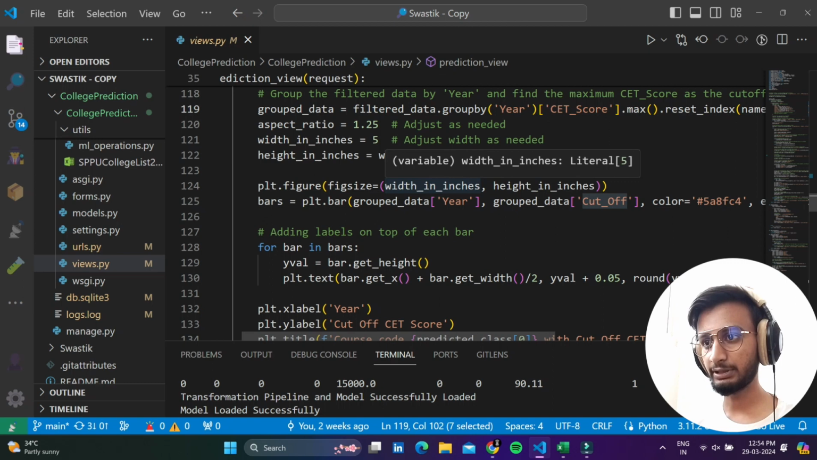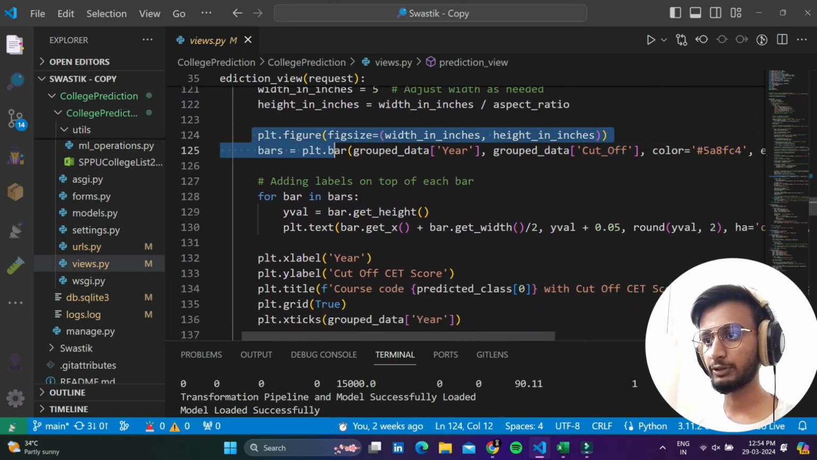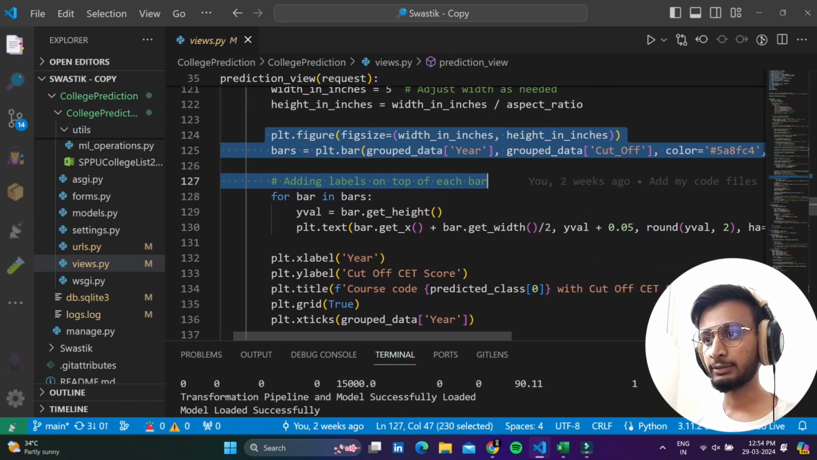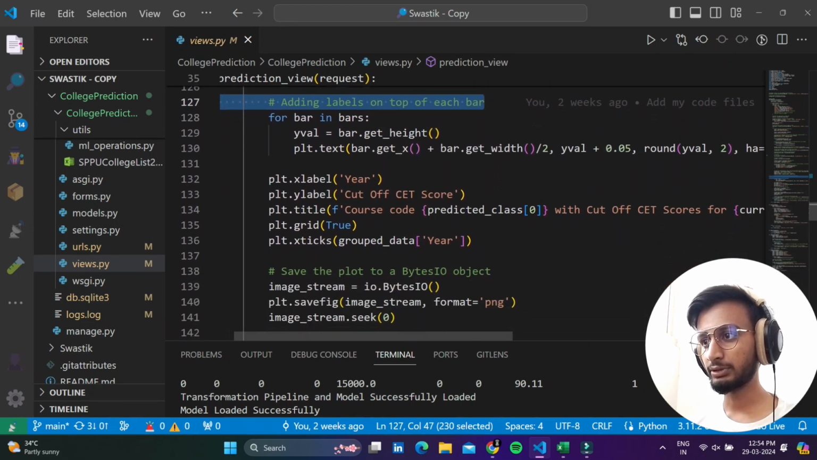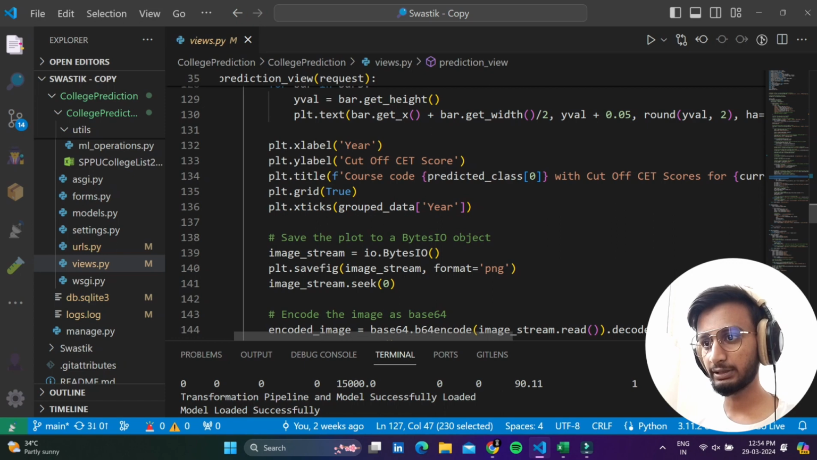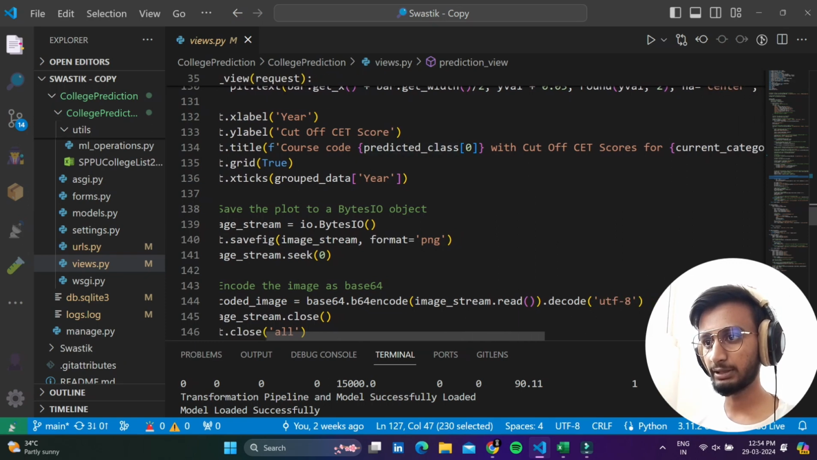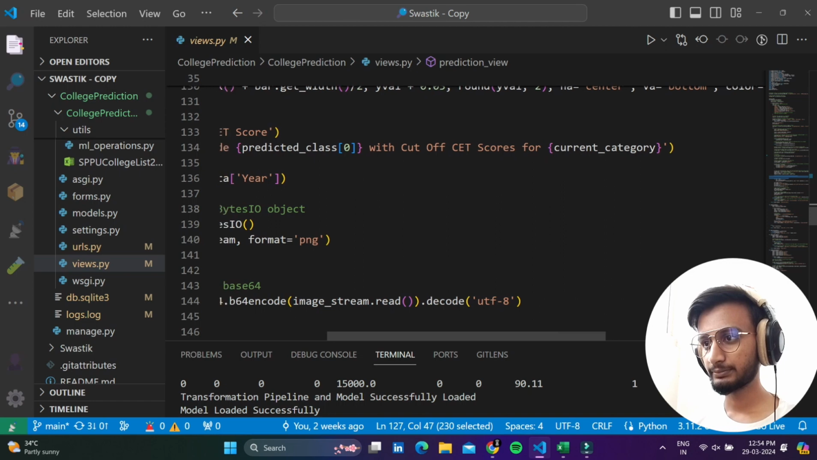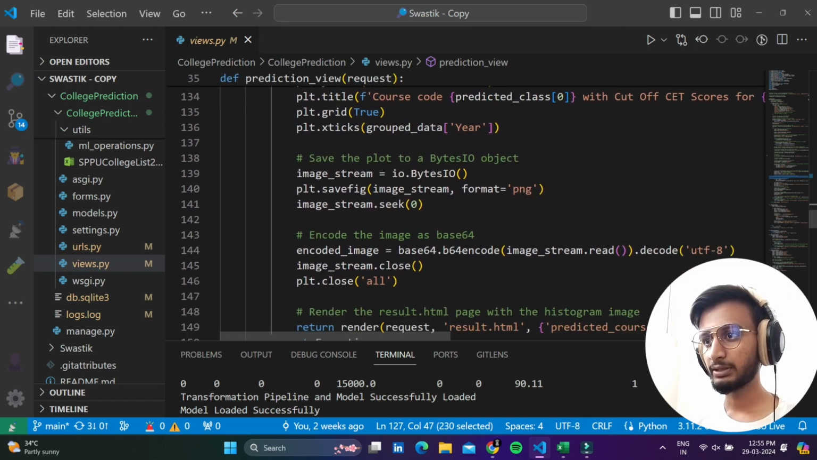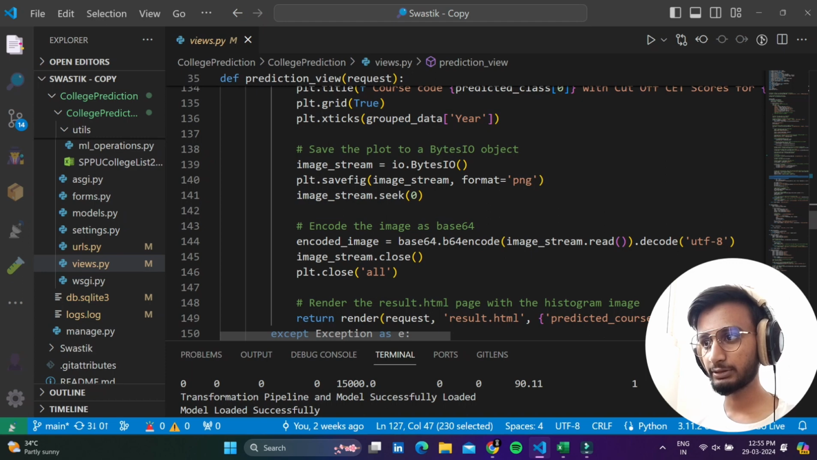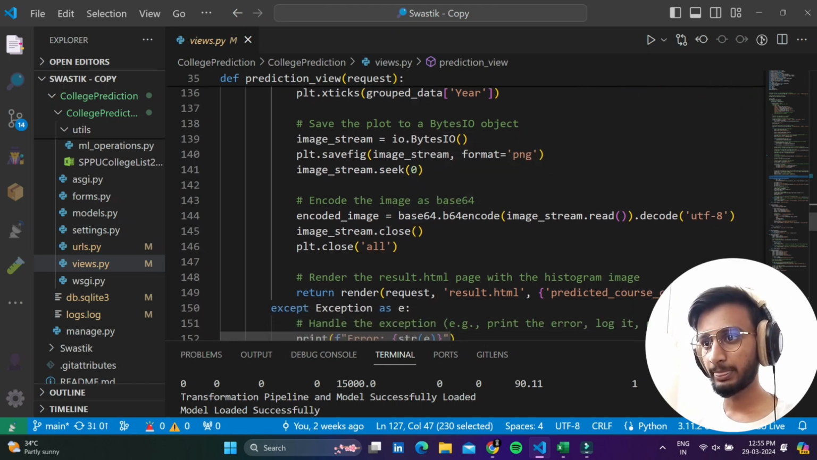Here we set the plt.xlabel, the cutoff CT score, and plt.title, course code predicted class 0 with cutoff CT score for the current category. Here, grid is used, grouping the data by year. Here we use the save plot to a BytesIO object to save the histogram in PNG format and then display it. Here I close the plt,